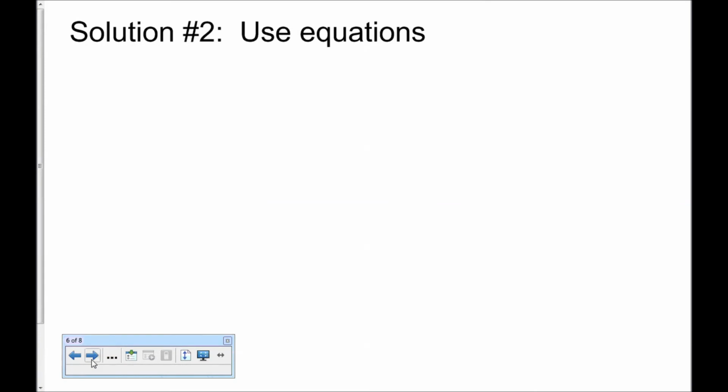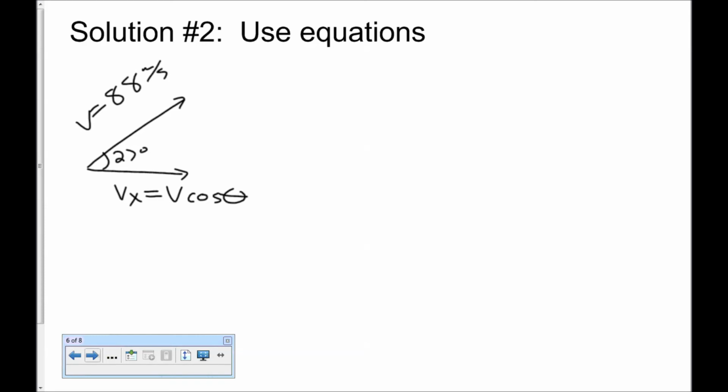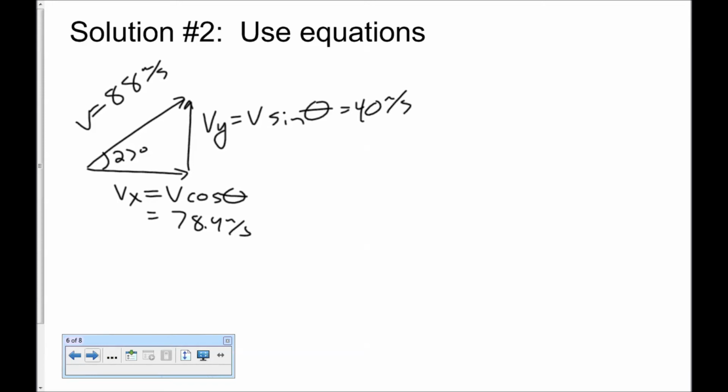So to do it with your equations, you're going to start with your drawing. You're going to go, okay, well, I know that my starting velocity is 88 meters a second. I know this angle is 27 degrees. You're going to find your Vx by using V times the cosine of your angle, and that gives you the 78.4 meters a second we had before. You're going to find your Vy by doing V times the sine of the angle. That gives us 40 meters a second. Then you're going to draw it